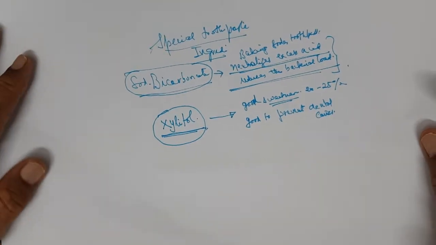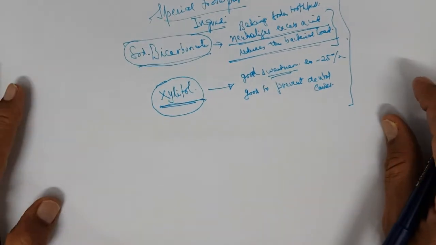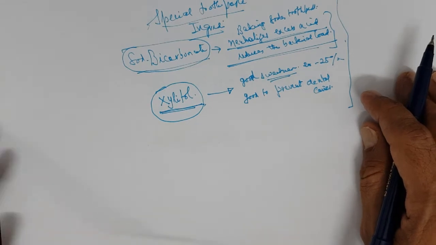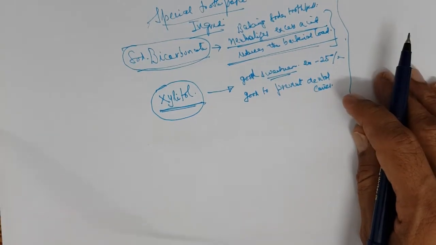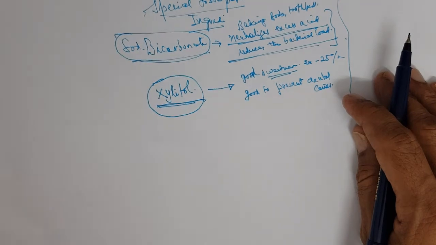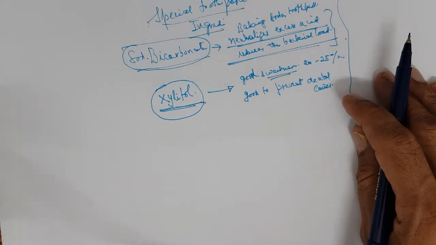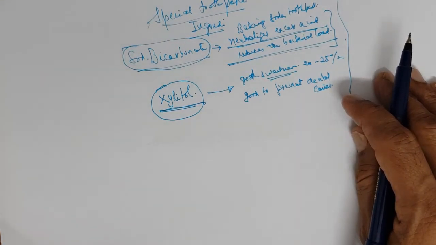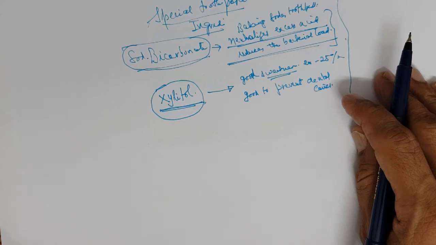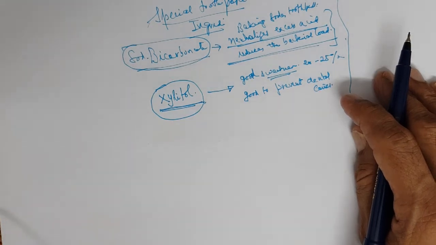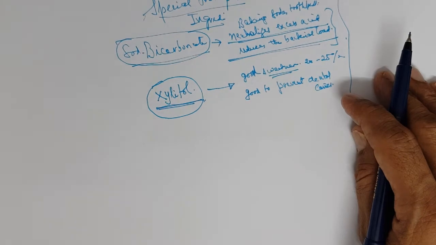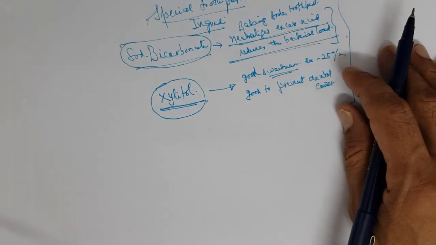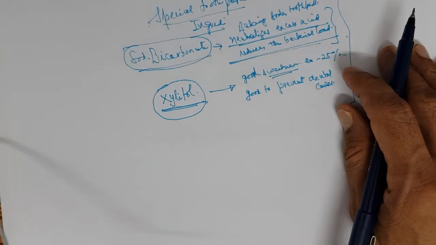So this is about the ingredients for toothpaste. With this session we are completing the building blocks. From the next session we will go to the physicochemical aspects of some product forms, like what is an emulsion, what is a suspension, some physicochemical aspects of some major product forms, right, not all, major product forms.